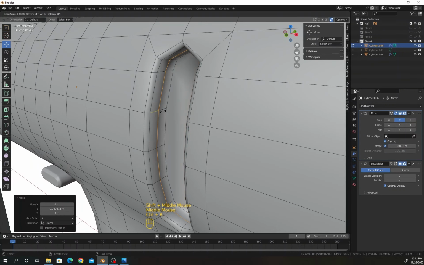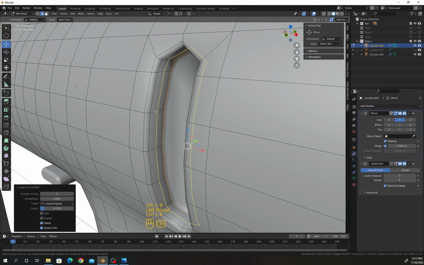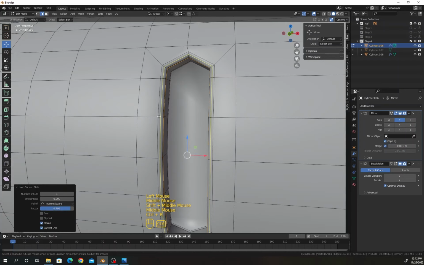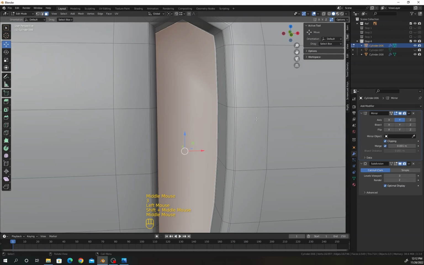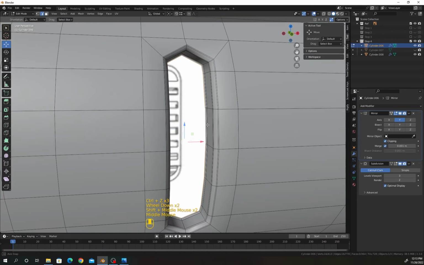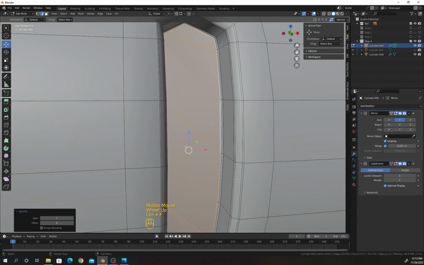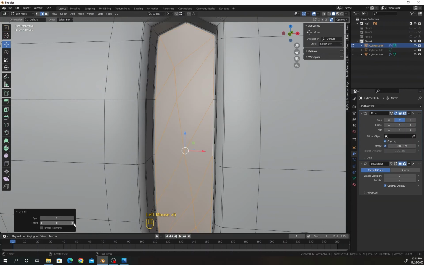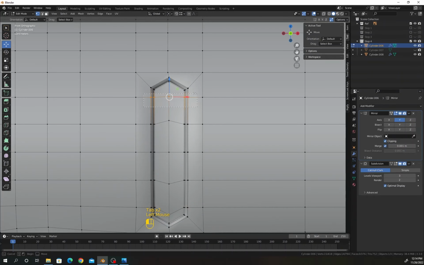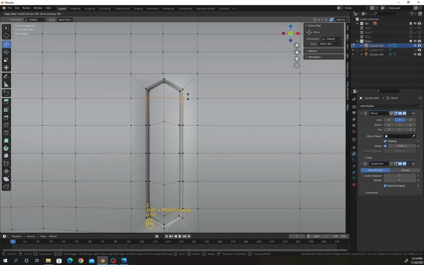Place an edge loop here, here also, and here. Press I here, then delete these faces. Select this loop, press Ctrl F, grid fill, change the number of span and number of offset to get a shape like this. Select these points, go to wireframe mode, select these points, move down a little bit, press G